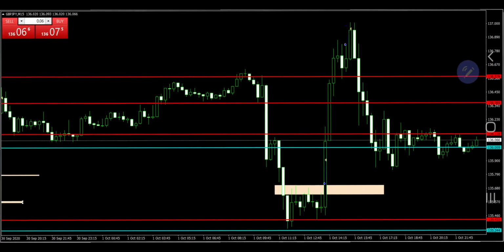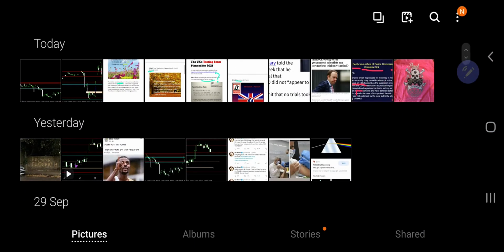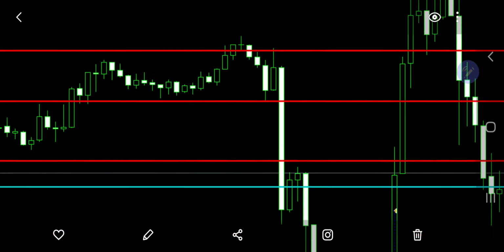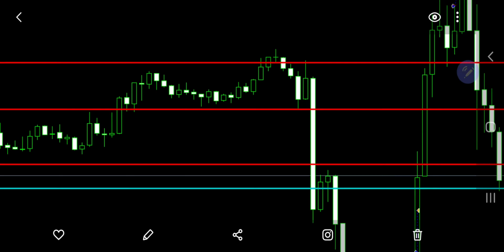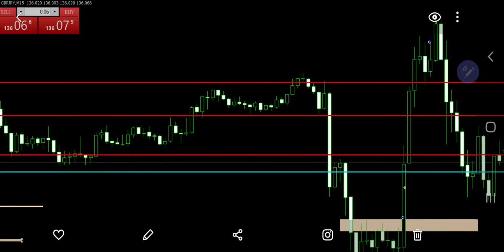So yeah, in the morning we were just around this zone the whole morning. Nothing really going on here because you cannot do anything. You cannot go long while you don't pass this, and you cannot short while you don't come below this. But anyway, for the ones that were trading in the morning, this was quite good because